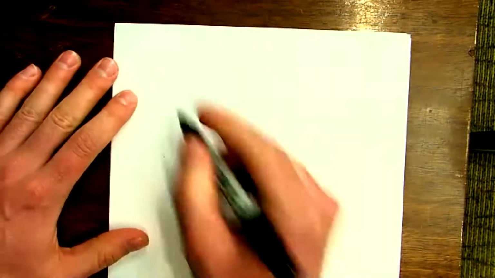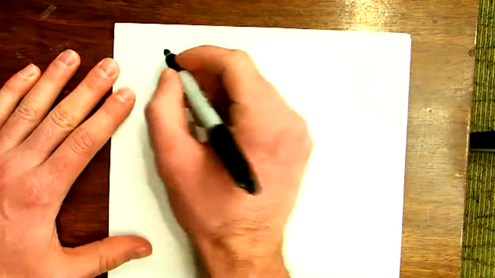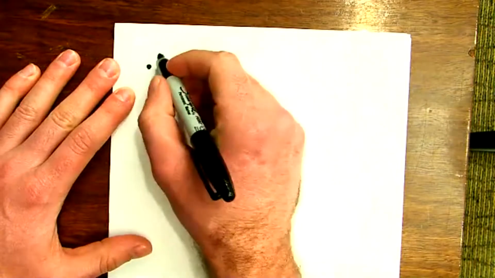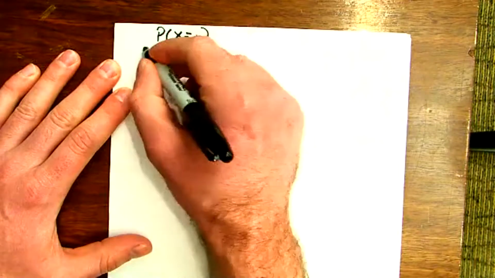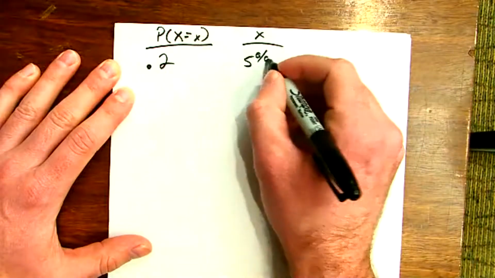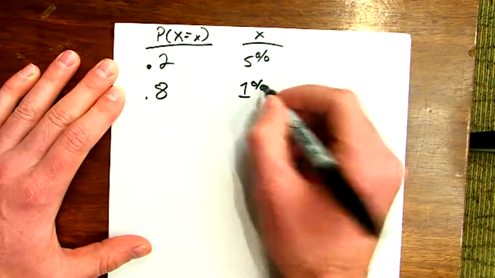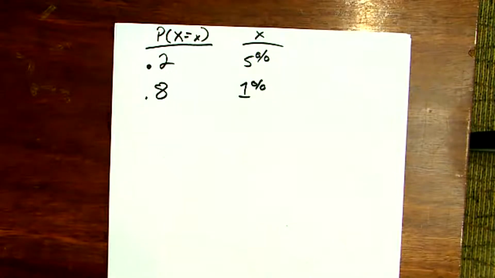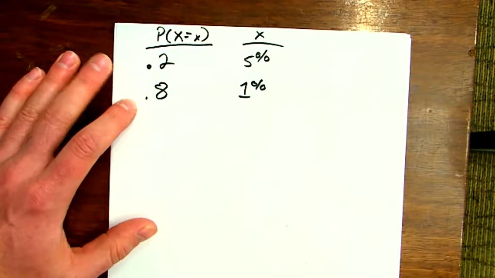Okay, so the basic idea of expected value is something like this, right? Let's say I'm investing in something, and here are our probabilities. Maybe there's a 20% chance that I see a 5% return on my investment. There's an 80% chance that I see 1%, right? If I'm trying to think about what the expected return on this investment is,